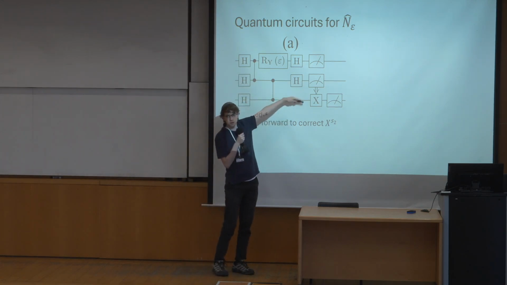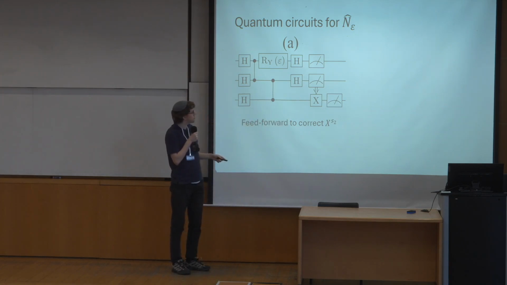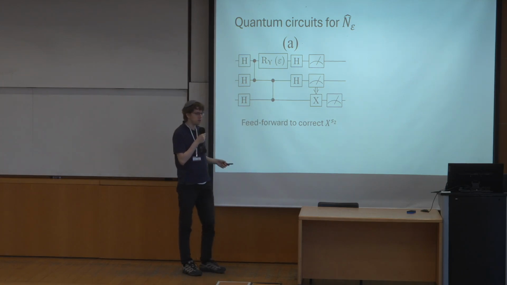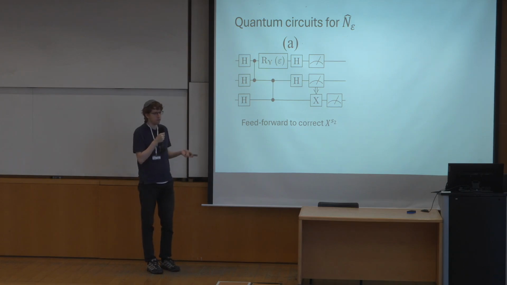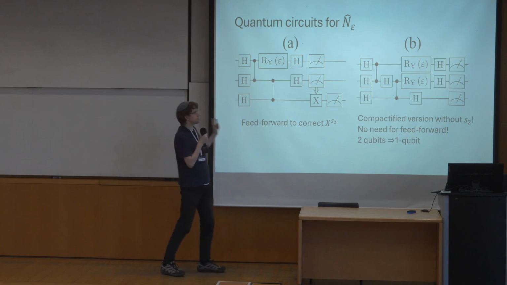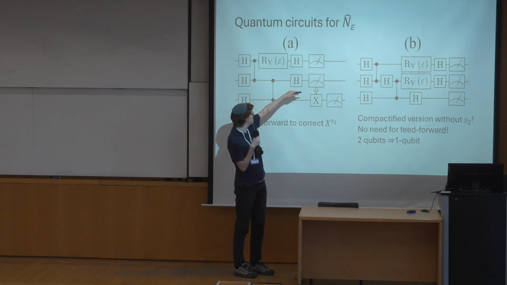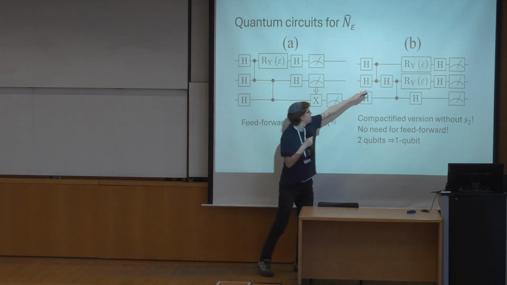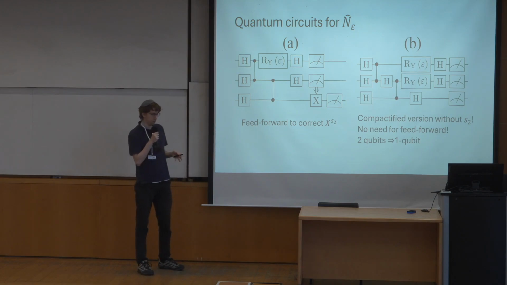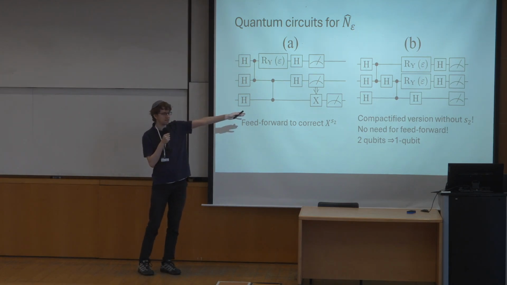And this is a problem because, as we heard in earlier talks, this is part of a dynamic circuit, so you need to correct according to this measurement. You can do post-selection, but it will be too problematic. If we do like 10 trotterization steps and we need to post-select on 20 qubits, you have a very, very low probability to get all of them 0. So this circuit doesn't work, as I'll show later. But there is a better circuit, if you compactify this part and move the H somehow into the middle of these control Zs. This is something that you cannot do in measurement-based quantum computation, but we just optimize the circuit.